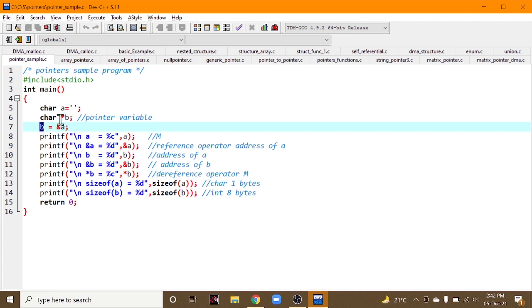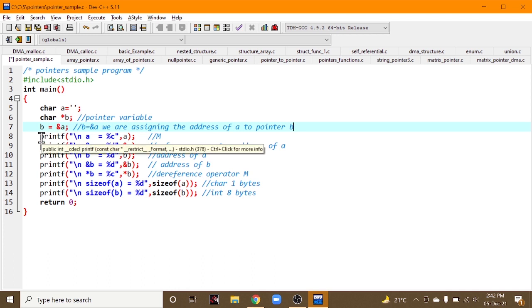And what I am doing is taking the pointer variable b and assigning the address of a to this variable b, because directly if you write star b, it doesn't mean that you have created an address for some variable. You need to assign some address to that variable. So I'm saying b is equal to ampersand a. Nothing but we are assigning the address of a to pointer b.